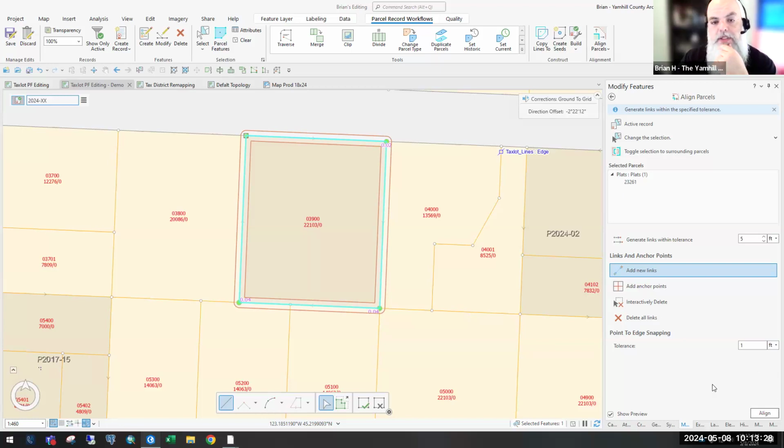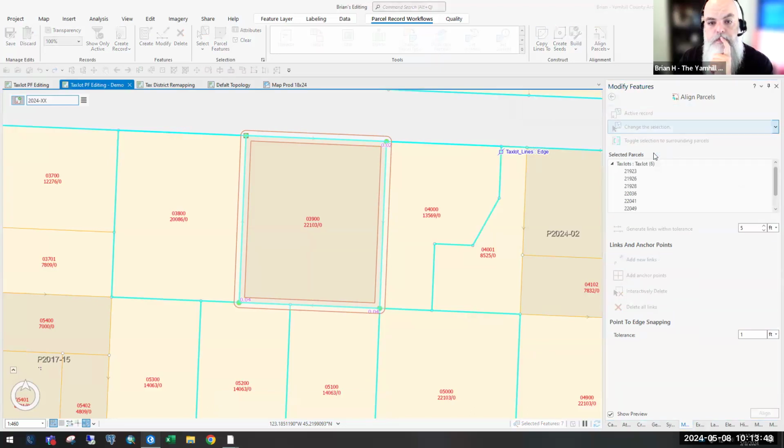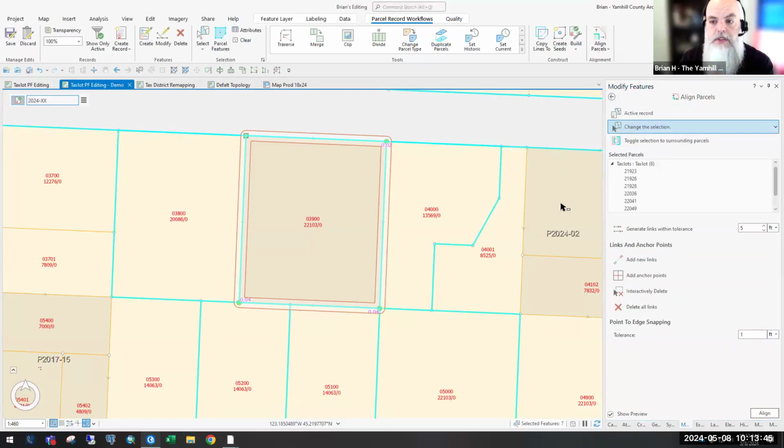If we want to adjust the existing line work to the new line work, because you have more confidence in the new information going in, then you toggle selection to surrounding parcels. When I do this, it's going to select all of the tax lots that touch what we just drew or within a buffer of it. And then when I hit align,